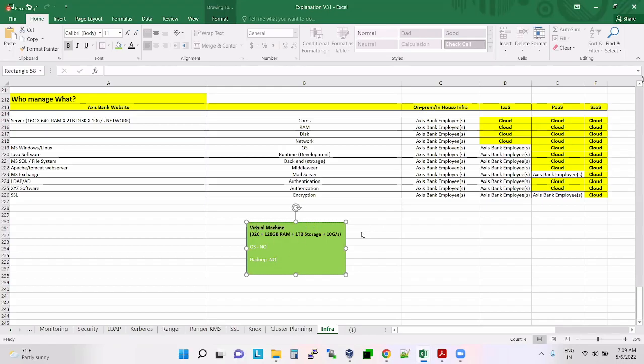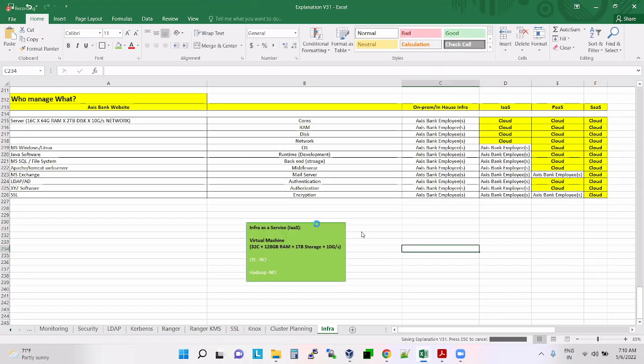This is the IaaS model, infrastructure as a service. This is how it works.